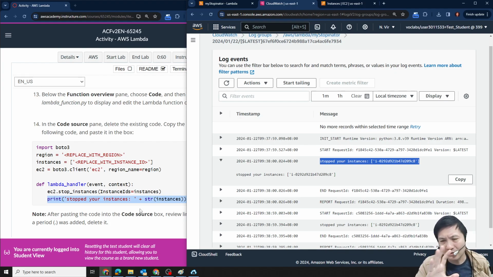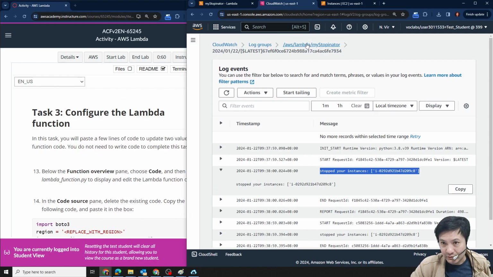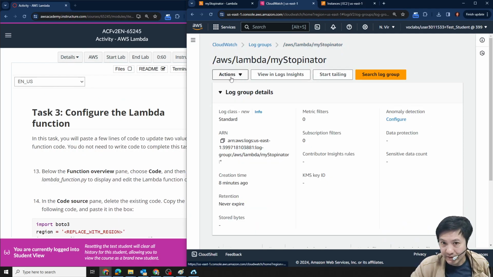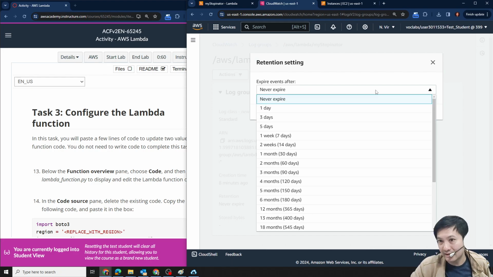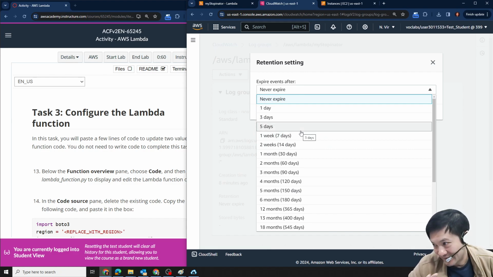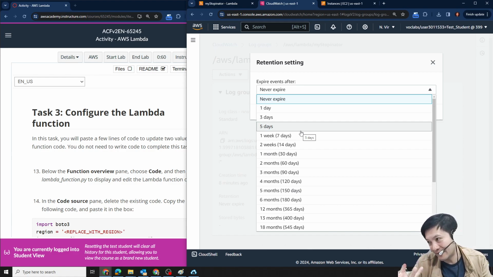For the case that you don't want to keep too much log, how can you do it? You can set up the log stream here. You can have some action, for example, 如果你唔想 keep 咁多咧，你可以自己 edit the retention setting。如果你唔想 keep 太多，你就改呢度。If you don't want to keep too many logs here, you remember to set it. It's logical you should always set it. Remember, always set it. Otherwise, after a few years, you will get a lot of logs, and then you need